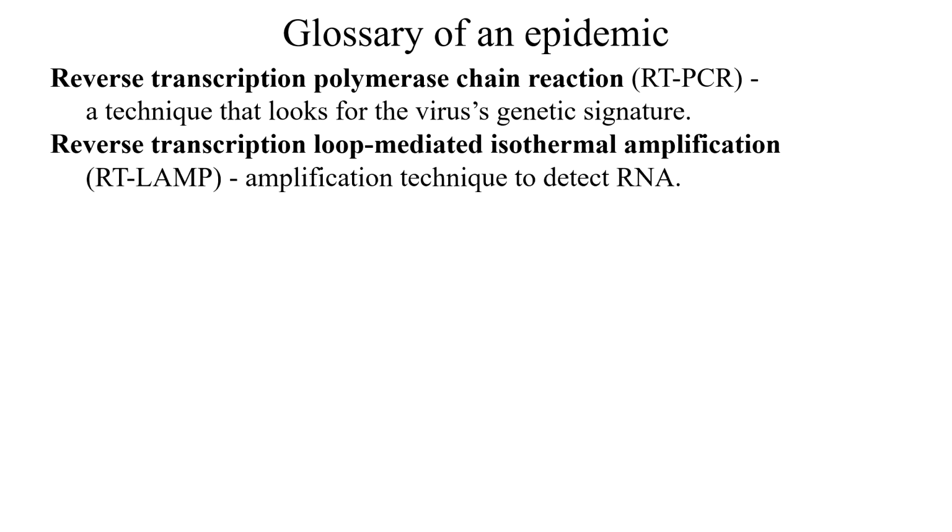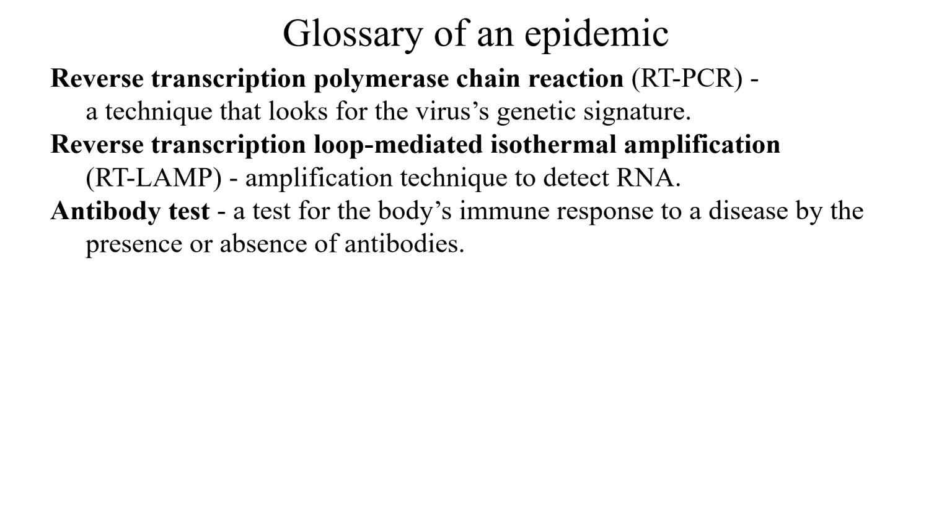There's another technique that you haven't heard too much about yet, but you probably will, and it's something called reverse transcription loop mediated isothermal amplification, or an RT-LAMP. It's another amplification technique to detect RNA, and this one is not as complicated as the PCR technique. In PCR, you have to change the temperature a couple of times up and down. In this one you don't. That's what's called isothermal amplification, and it's possible that the RT-LAMP technique could actually be a very effective point of care test, meaning a test that you can use chairside in order to find out if someone has a virus or not. And then we have the antibody tests.